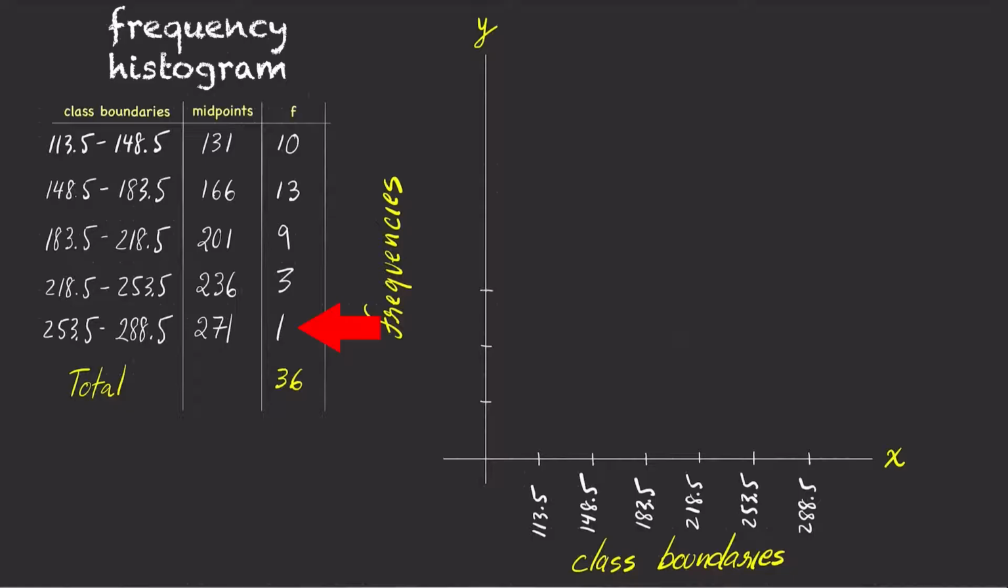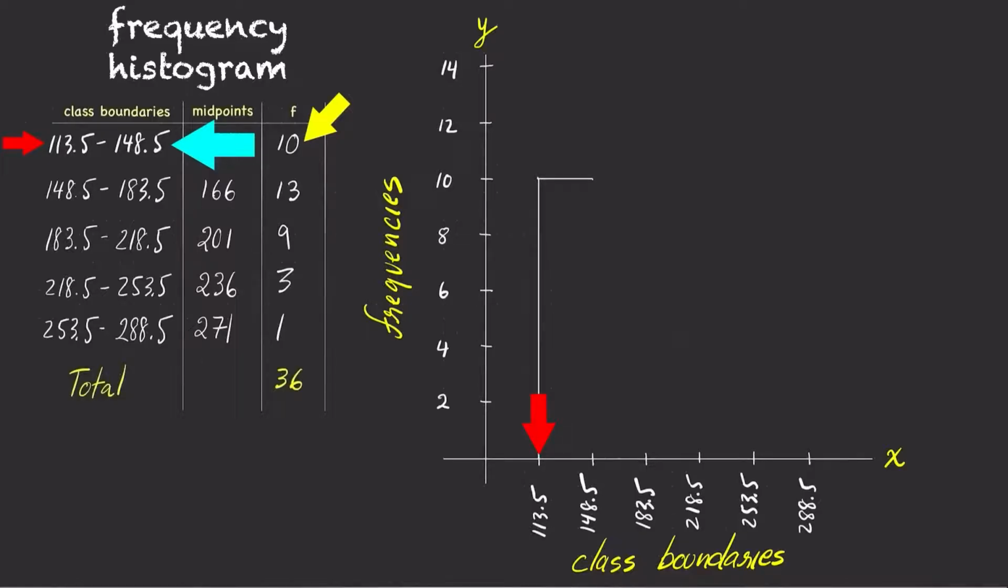Notice the lowest frequency is 1 and the highest frequency is 13. Using 7 marks on the y-axis going from 2 to 14 will be enough to label all the frequencies. For the first class, going from 113.5 and up to 148.5, the frequency is 10. So draw a rectangle with a height of 10 between the first class boundaries. Notice the left side of the rectangle is on top of 113.5 and the right side of the rectangle is